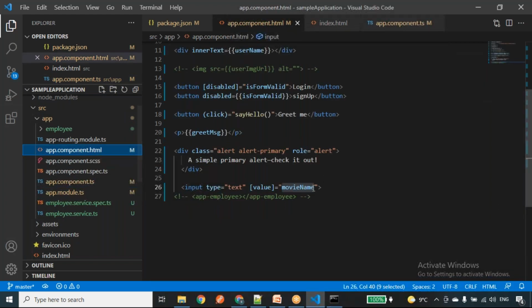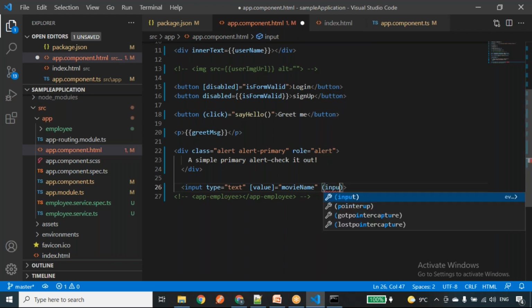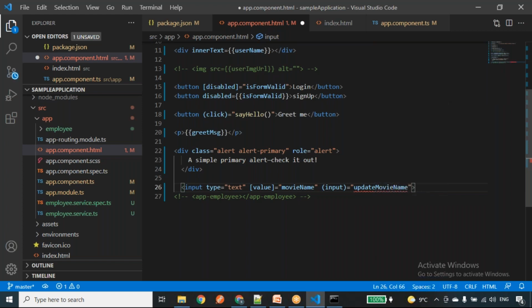Now I want to use the event binding also, to achieve the two-way data binding. For that, I'll take one more method, input equals to updateMovieName. I'll pass one parameter here, $event. Here the $event is a predefined event.